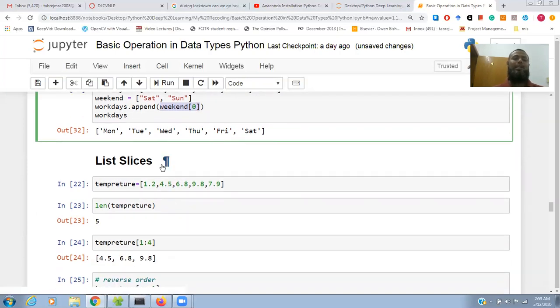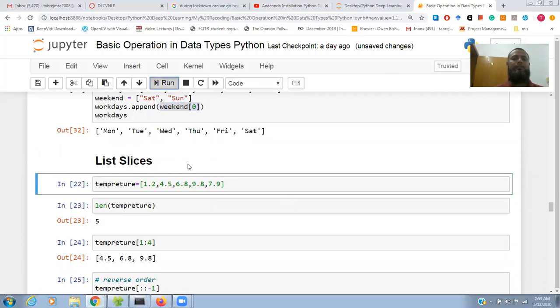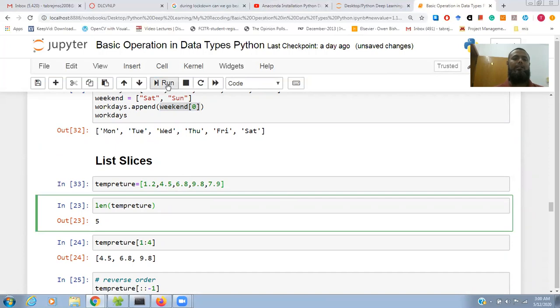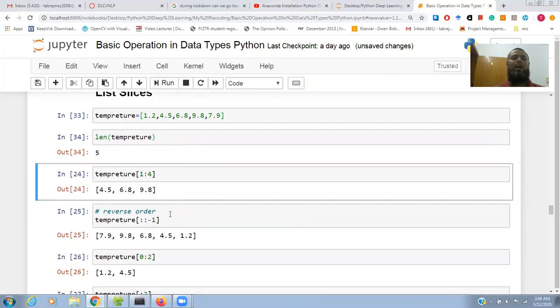Now we can do list slicing in a different way. Suppose I want to find the fifth one. If we want to find the sixth one, the length of this temperature list is 5. First we declare the list, and I want from 1 to 4.